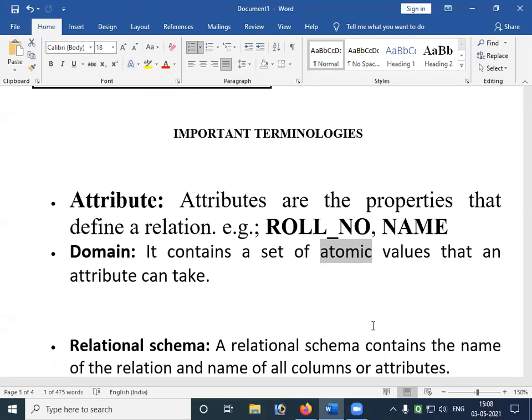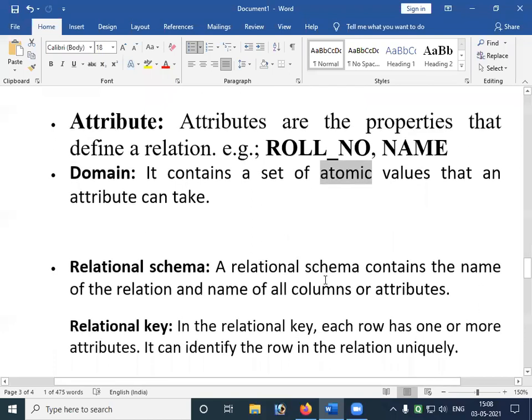We are just learning the ABCs. I request you to kindly put some concentration to learn this. Atomic values mean single values or basic values which cannot be further divided.